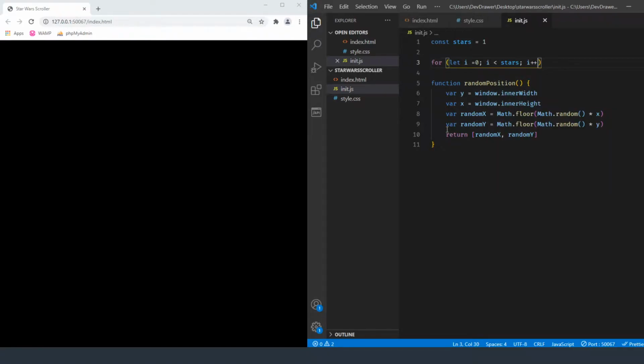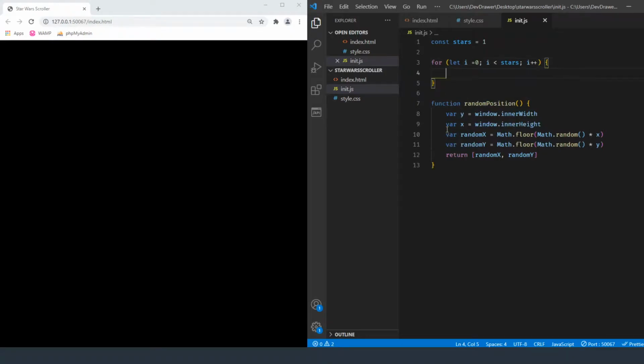So basically this is going to assign the variable as a 0, and once it reaches the stars number that we have at the top, it's going to stop adding new stars. Otherwise it's going to add new stars.